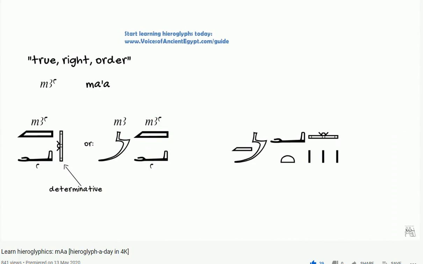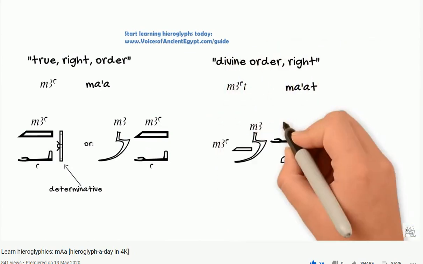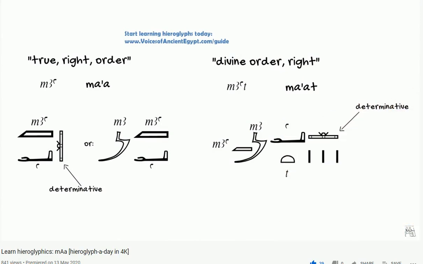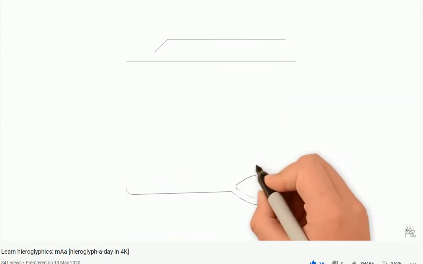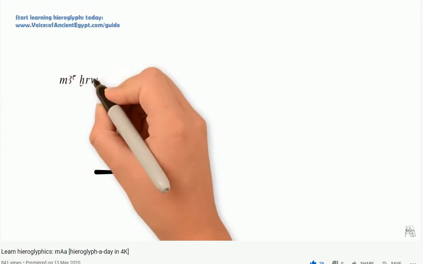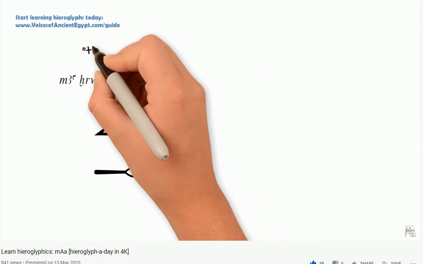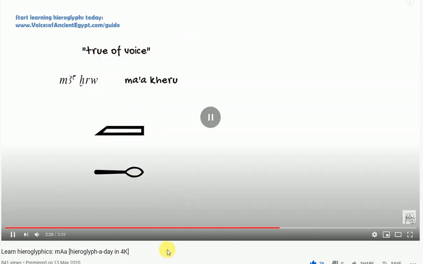But ma'a, when used in the masculine, can be an adjective to describe something that's masculine. It would be ma'at if we were describing something feminine. So it's used in the really common phrase ma'a cheru, which we can translate literally as true of voice. You'll also see this a lot of times translated as justified. I personally prefer true of voice because I think it's a little bit more